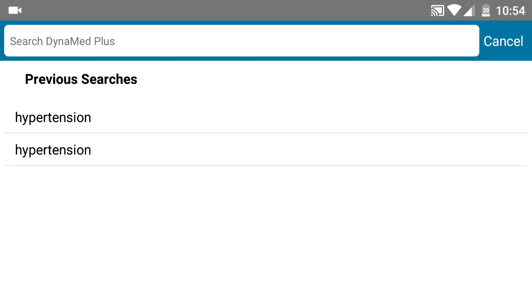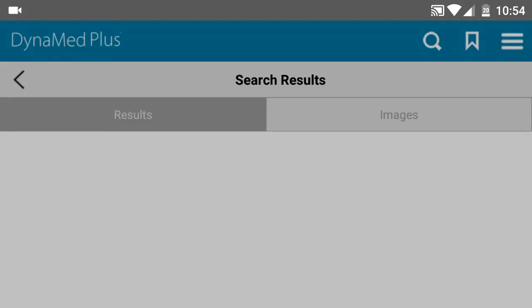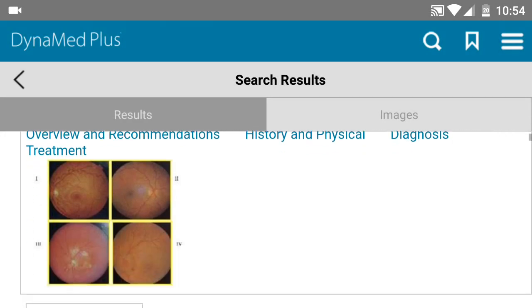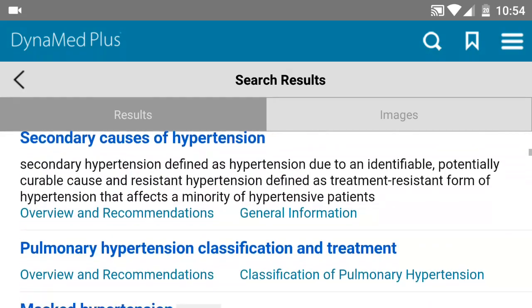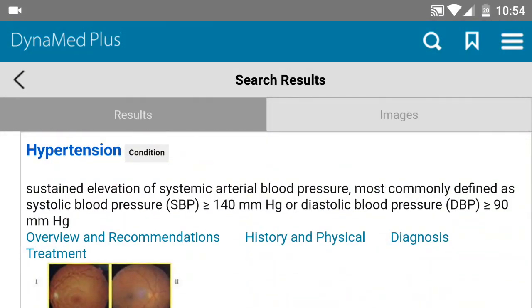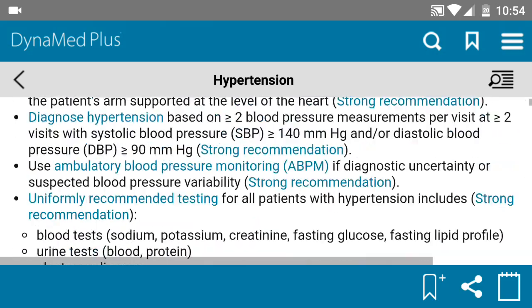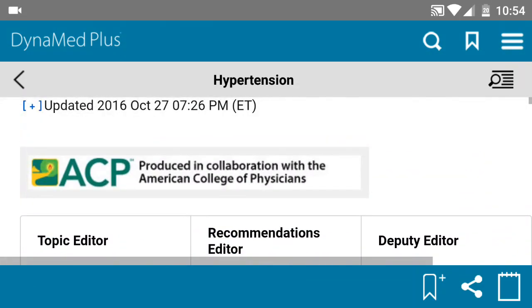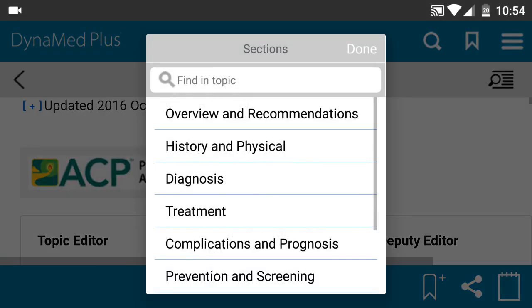So I have here as my previous searches, hypertension. I go ahead and open that up and scroll as I wish. And these are different types of hypertension that you want to look at. Let's say it's just hypertension in general right there. If you click on the top right, see that magnifier with the different lines next to it on the top right? This is basically